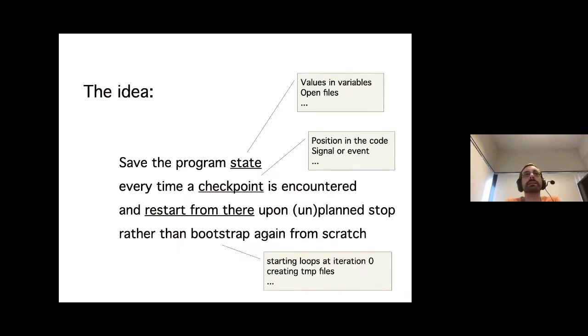So the main idea is you want to be able to save the program state. What I mean by state is really all the variables, all the content that really defines what your program is, what is the current status of your program. That's anything that you need: numbers, what are the files which are open, what is the content of some files. You typically know what your program is doing, and those are the pieces of information that are needed.